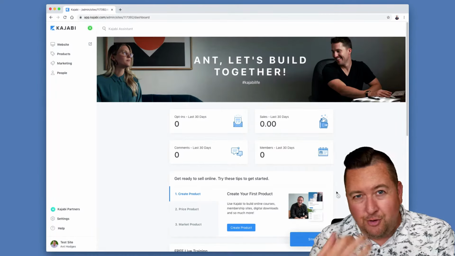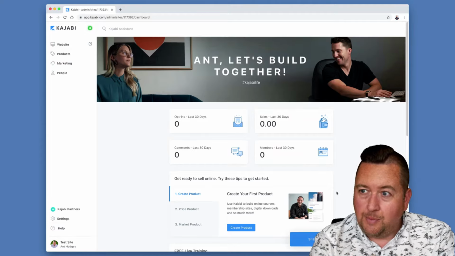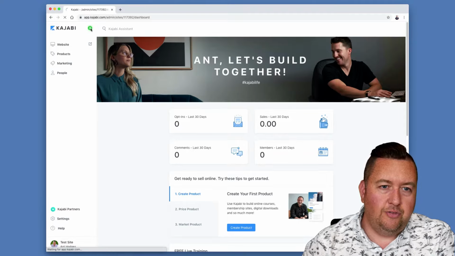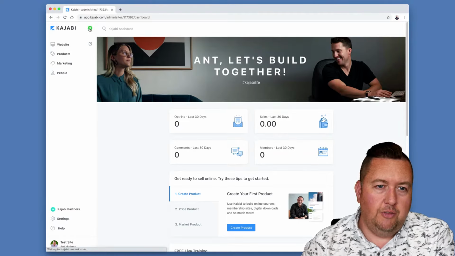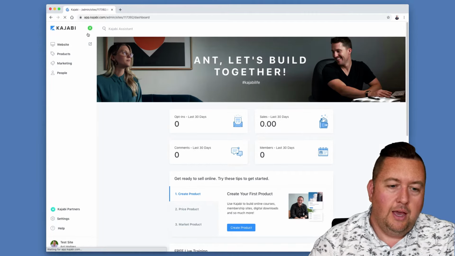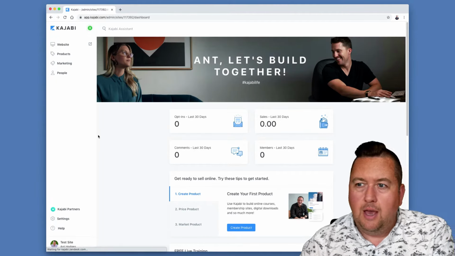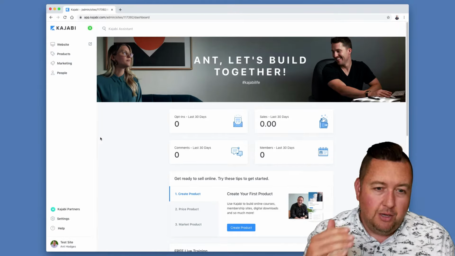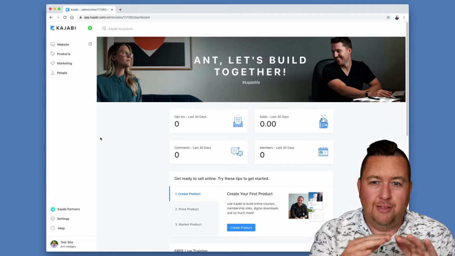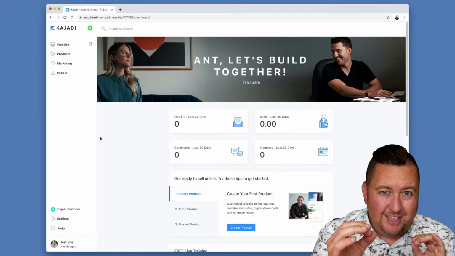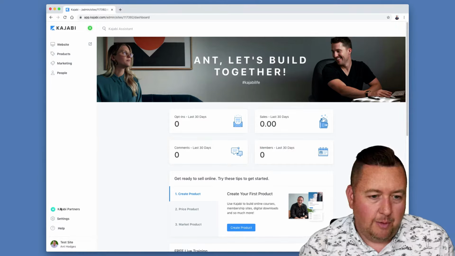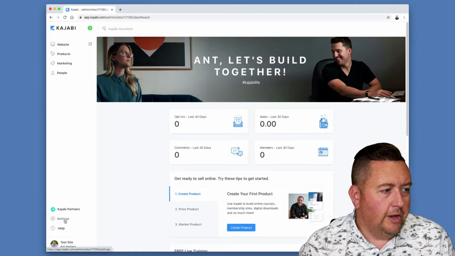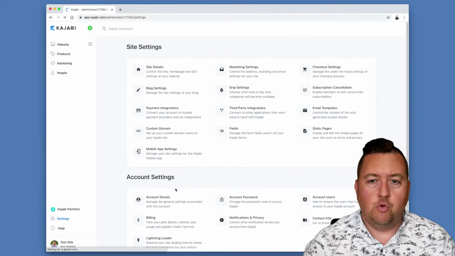Now, when you get your Kajabi account set up like this, what you're actually going to start to see is a few little things flashing up. So this green little 3 in the top corner is going to help guide you through the process. It pulls up some little tooltips and things. But I want you to ignore everything around building your website, building your pages or everything like this. In this video, this is the first thing that you need to do to get your Kajabi account set up fully. Click settings down here in the bottom left hand corner,